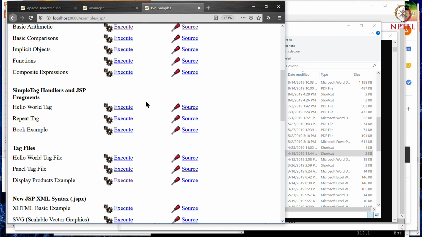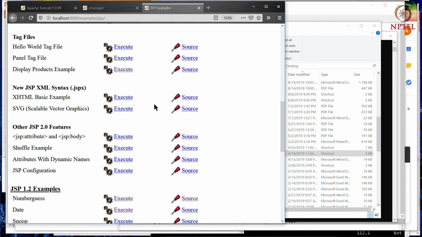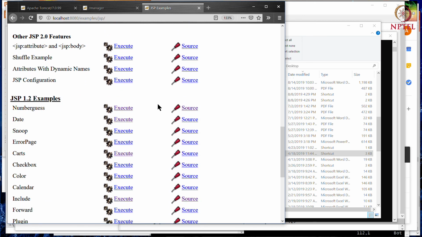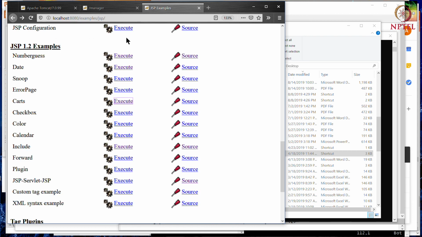From the JSP examples we don't look at too many very complicated things, but a few of them, like for example this carts thing, is very similar to the kinds of processing that we have done. And so you should take a look at how they have done this, because our application bears a lot of similarities to the kinds of processing that this carts example needs.